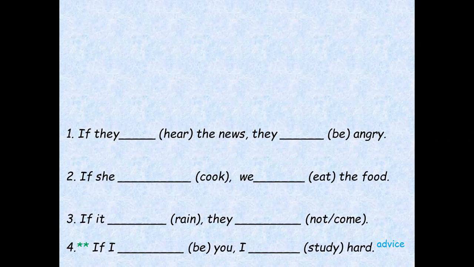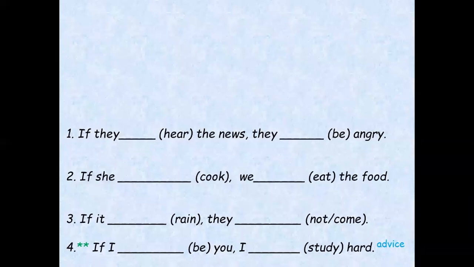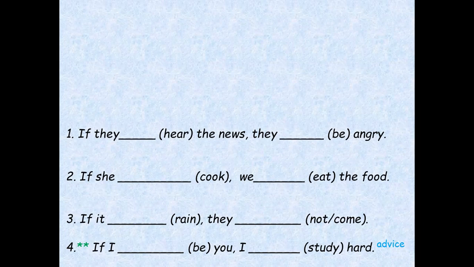To remind you quickly, I will talk about the formation and use of if clause type 0 and type 1. If clause type 0, we form it by putting a present simple verb in the first part, the condition part, and present simple in the second part, as in the following sentence. If it rains, the grass gets wet. This is if clause type 0. We use if clause type 0 to talk about facts, general situations, or things that